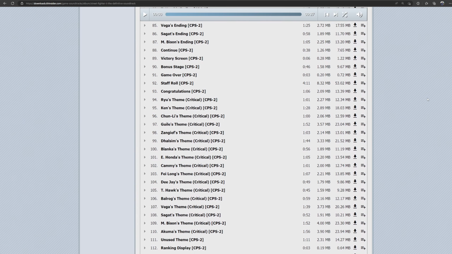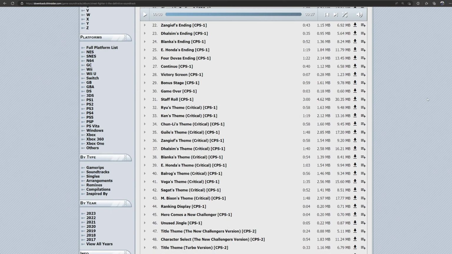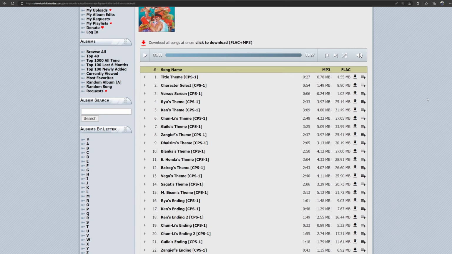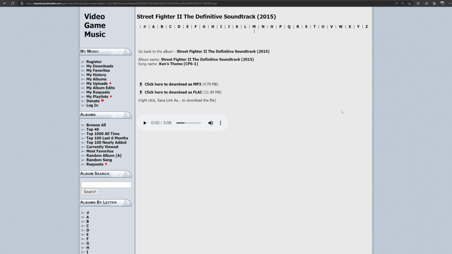Nice! As much as I'd like to get them all, we'll obviously just need the Ken theme for our game, at least for now. I'll be downloading the CPS1 version as I'm looking for the original track, but go ahead and choose whatever version takes your fancy. The site usually offers you two formats of the track to download, but as we're making a game for the web, we'll just take the MP3 version, so go ahead and save that into your new sounds folder within your